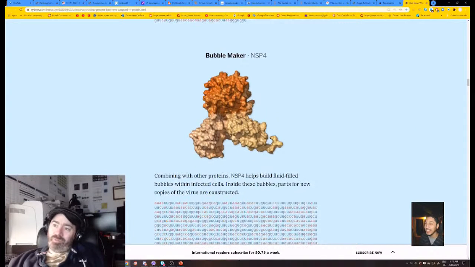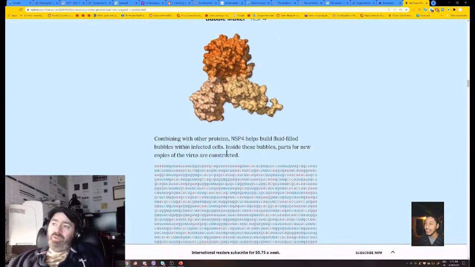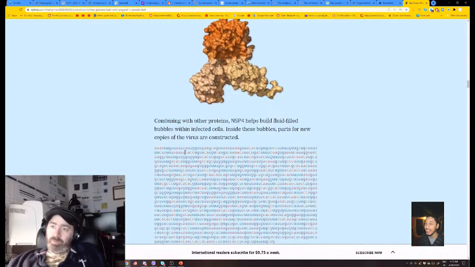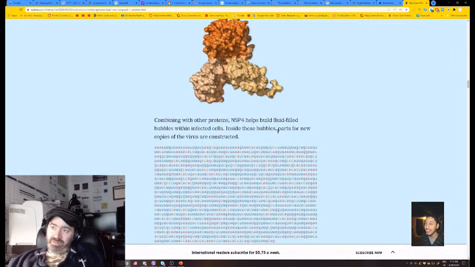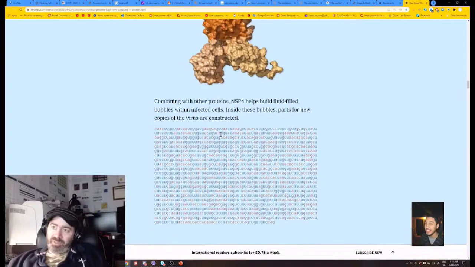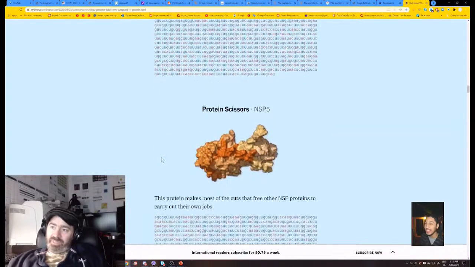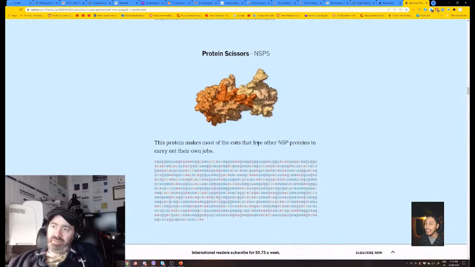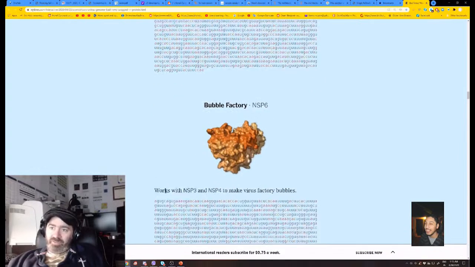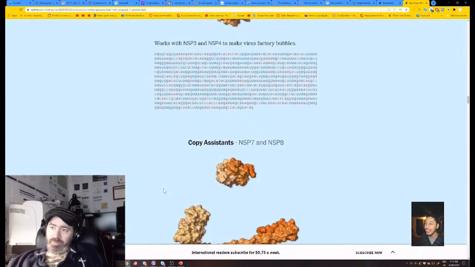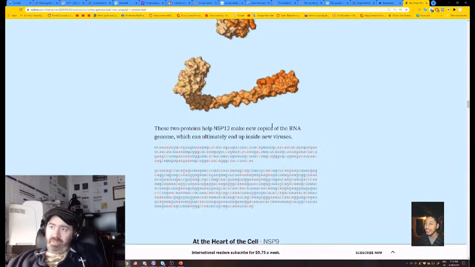Bubble maker, combining with other proteins and as before, helps build fluid-filled bubbles within infected cells. Inside these bubbles, parts for new copies are constructed. Protein scissors, NSP5. The protein carries most of the cuts. Bubble factory. Copy assistance. These two proteins help NSP12 make new copies of the RNA genome and ultimately end up